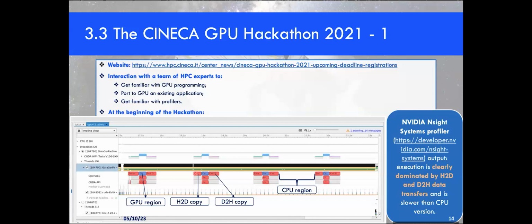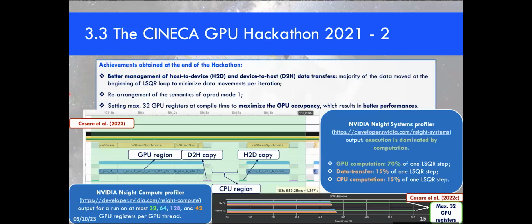So this code at the beginning of the hackathon was not optimal, was actually slower than the CPU versions, since data transfer can represent a very important bottleneck in GPU applications that have to be properly managed. So at the end of the hackathon, we had a better management of the data transfers, and we managed to move the majority of this data at the beginning of the LSQR loop